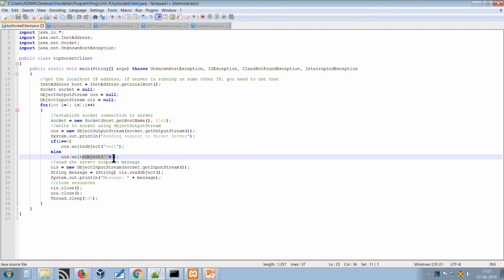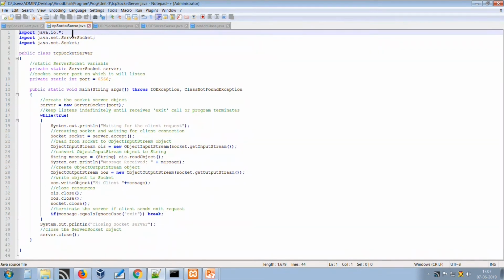Once this is completed, at the opposite end, in the server socket program, the same thing happens. The port is the same, we are creating the ServerSocket instance, and the server is listening on the port that we have mentioned. Then a socket object is also created here. The accept method indicates that it is continuously listening for incoming requests. Once a request arrives, it accepts it and reads the data sent by the client using the socket.getInputStream method, and displays it using the readObject method.